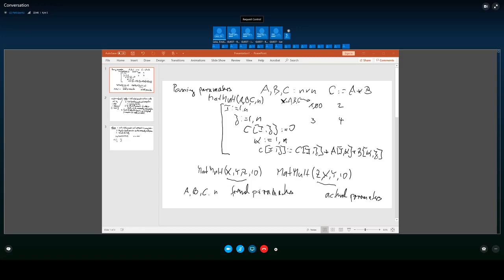So this is 2 times 3, that is 6, plus 0 is 6. So that is i equal to 1 and j equal to 1. Then we do i equal to 1 and j equal to 2: C12, which is x12,